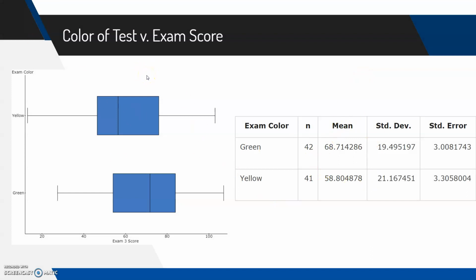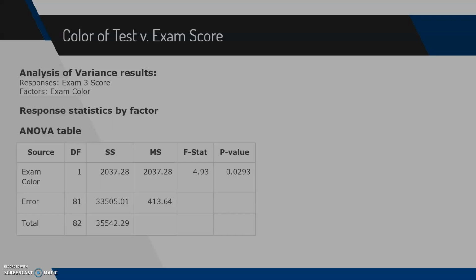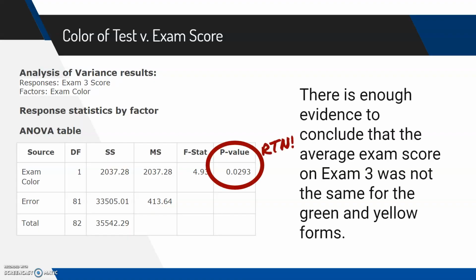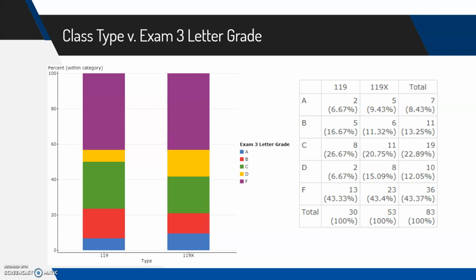It had a higher average. I can't say that from the ANOVA output, but I can say that by looking at the actual box plot and means. It appears that the green test had a higher average score, and moving forward, maybe I should only offer green tests. All right, so the next thing I looked at was whether or not class type affected the